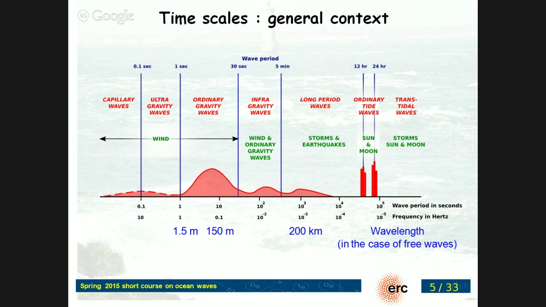So the typical spatial scales that go with these time scales are given here. Essentially, the dominant waves in deep water go from a few meters to a couple hundred meters. That comes from the wave dispersion relation that I'll show you later. In deep water, the infragravity waves go to maybe 10, 20 kilometers, and as you go to tsunamis, it's hundreds of kilometers and so forth.